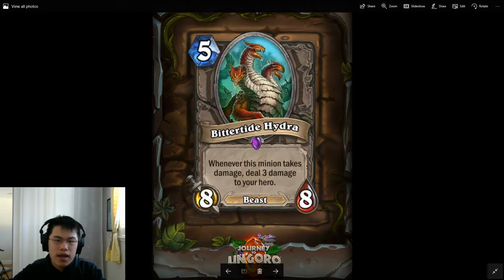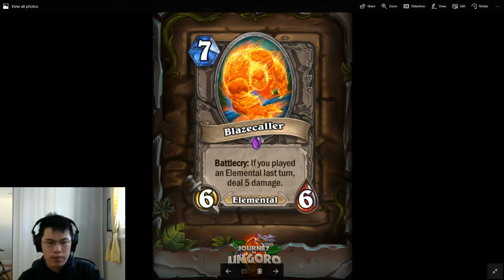I was thinking it does go towards the Druid quest, and you can play it for cheap. But I think there's just better 5-cost cards. Like Stranglethorn Tiger, you'd definitely play that. You'd play like Menagerie Warden. Blaze Caller is the next insane...